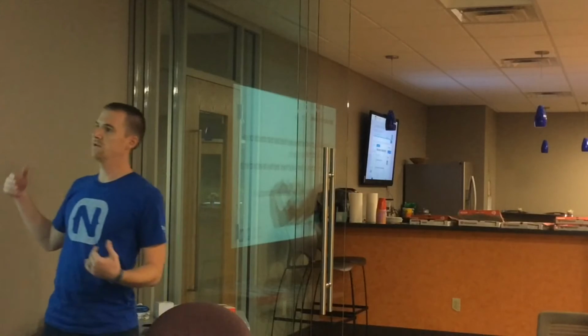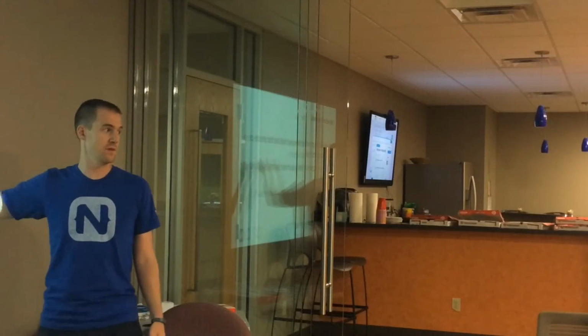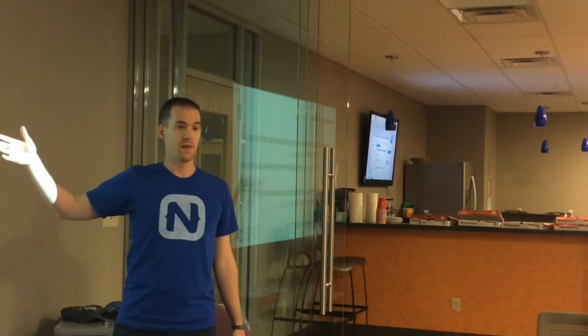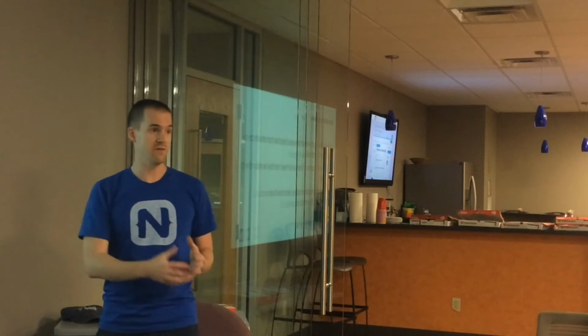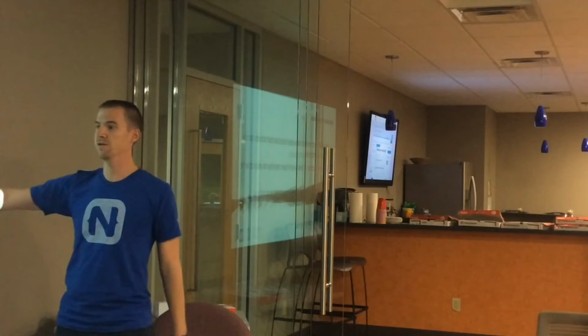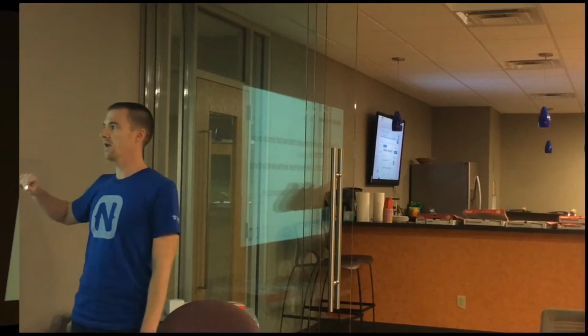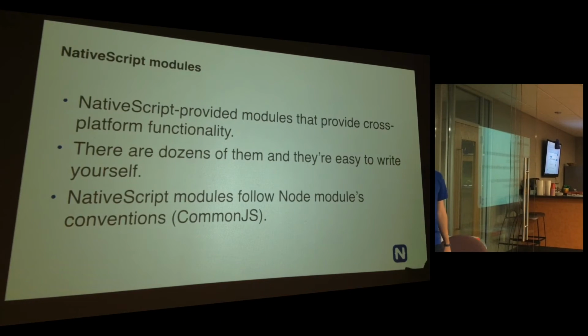Or you can use the module for, let's say, the camera, which is basically a wrapper around the native code, okay, the native API calls that NativeScript gives you, and you can use that wrapper that they've created, kind of like how PhoneGap is. So there's two different ways to do it. You can pick and choose however you want to do it.